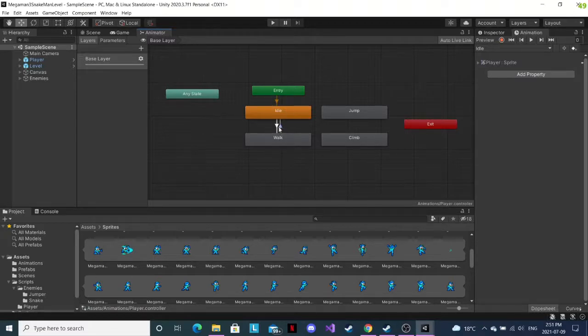So that's why we need two transitions for that. So the next thing we can do to actually edit these transitions, if we go up here, we're in layers right now. If we go to parameters, we can create a new parameter to be able to change the animation. So what we're going to do is click this plus sign. We're going to click on bool